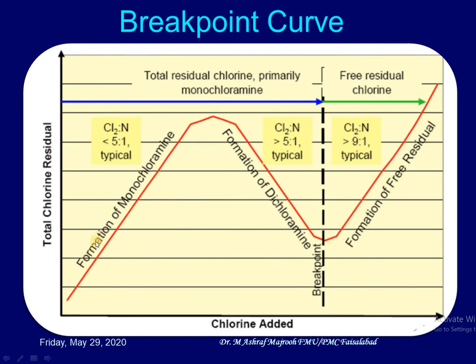Here you can appreciate that when the chlorine is added, it will be consumed for the formation of monochloramine and dichloramines. First, the amount of chlorine is increasing in the water, then suddenly the curve falls due to formation